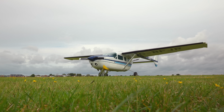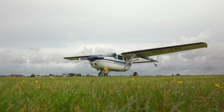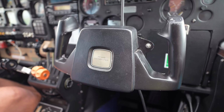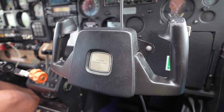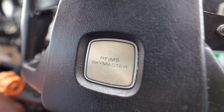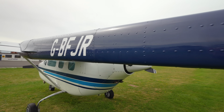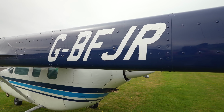Today I'm getting to fly in the twin-engine aeroplane that's almost as easy to fly as a single. Yes, it's the rare Super Skymaster, the Cessna 337G. This model was built in 1977, and as far as I know, it's one of only two on the British